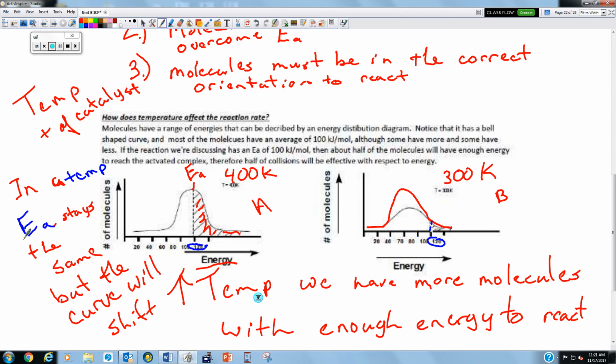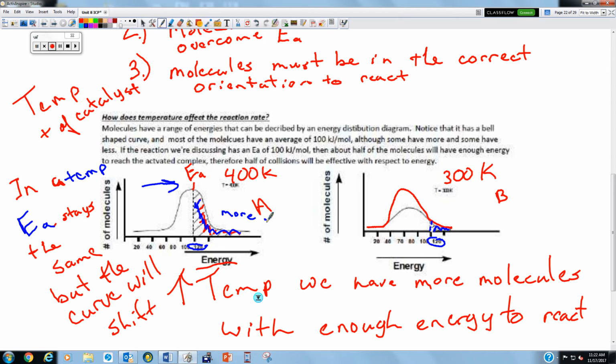Activation energy does not move. What moves is the whole curve. So notice as we increase the temperature, the curve shifts to the right. As we increase the temperature, we have this right shift of the curve, allowing more molecules